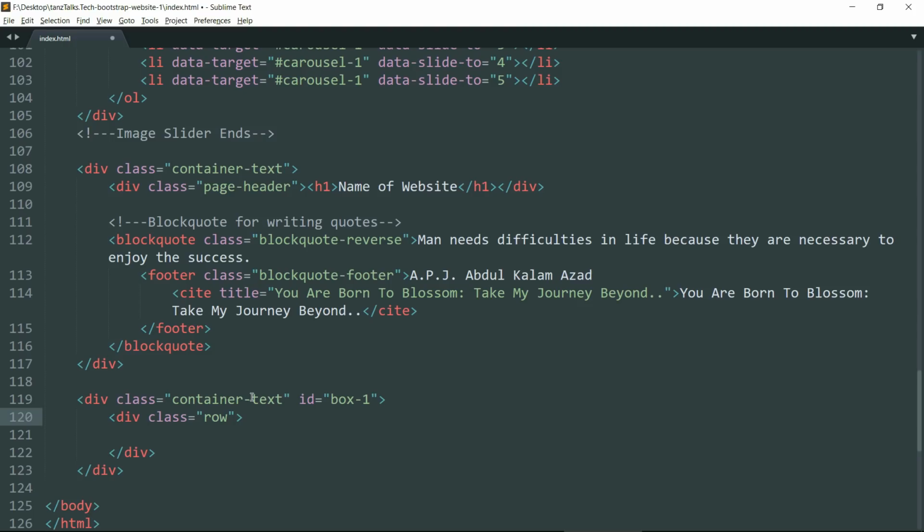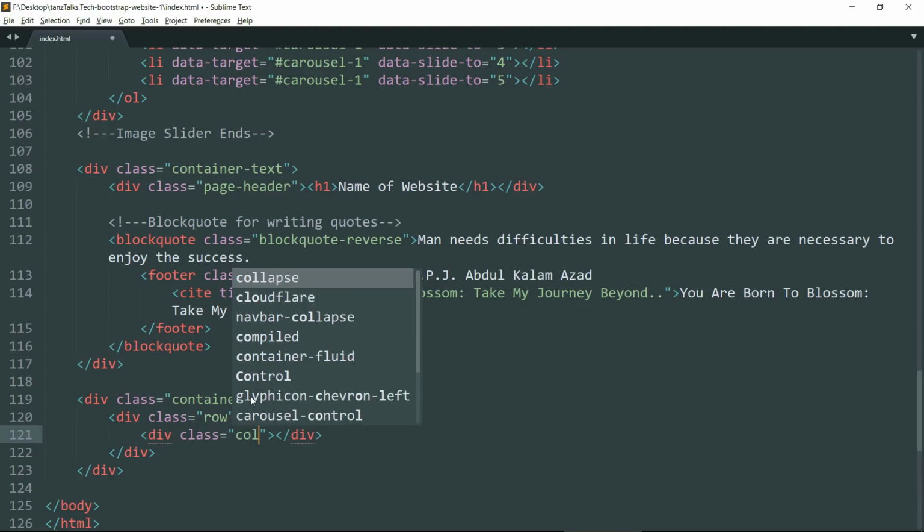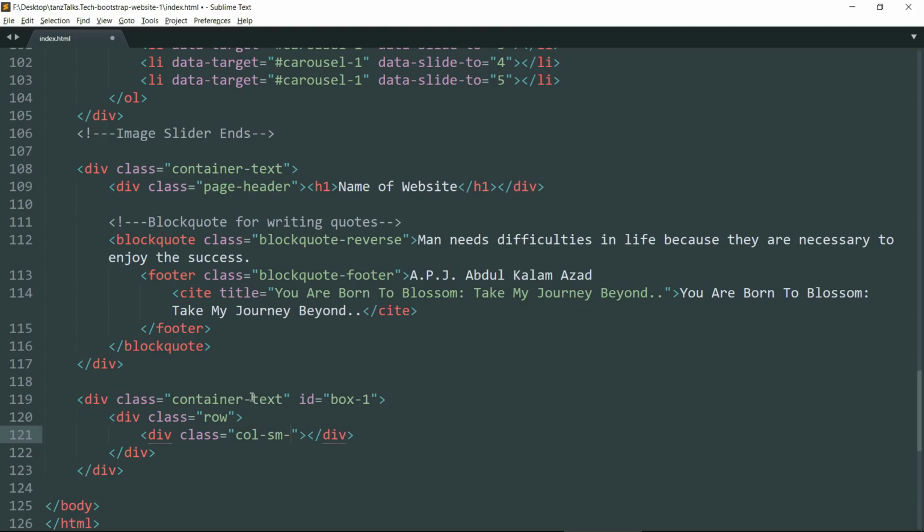Now create another div tag, and let's give it a class of col-sm-1, because we want the first column to have the width of 1.